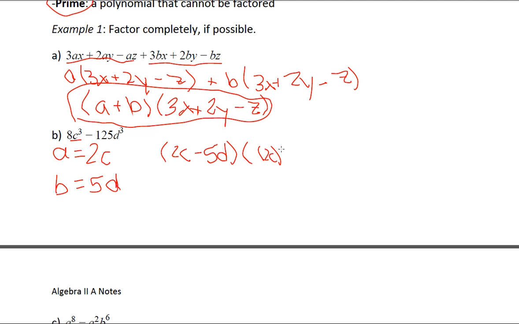And then a squared will be 2c, we're going to square that, and we'll simplify it here in a minute, plus a times b, so 2c times 5d is 10cd, and then plus b squared, 5 squared is 25, and d squared. So the only thing we have to simplify here is we could have written this 2c